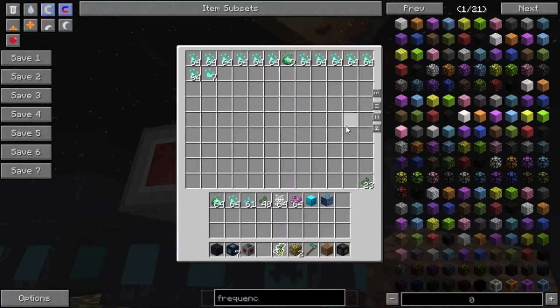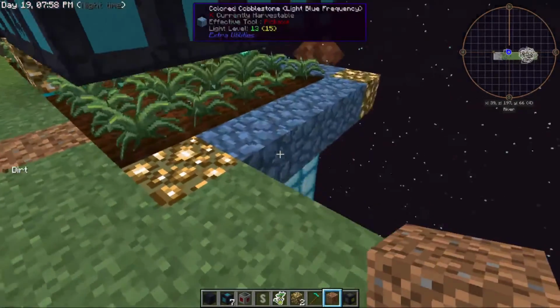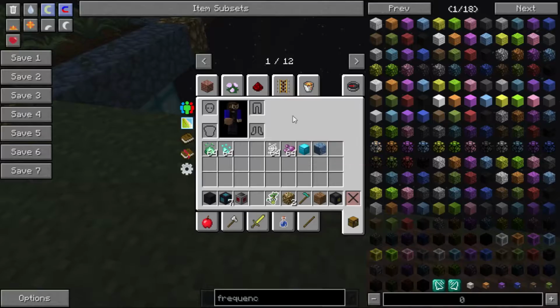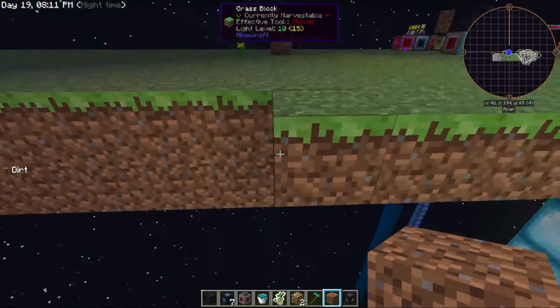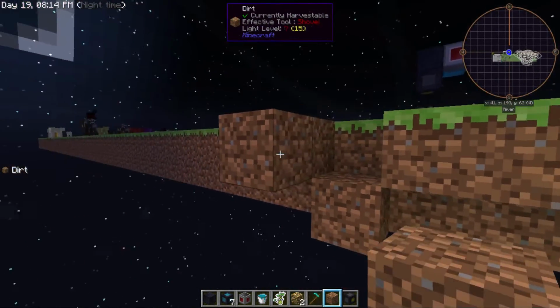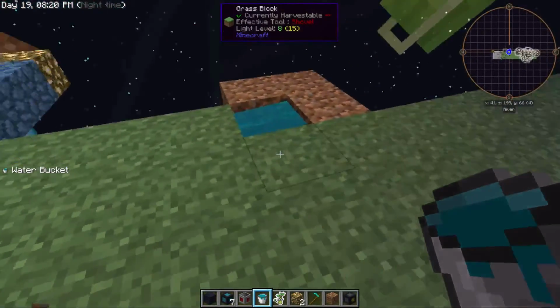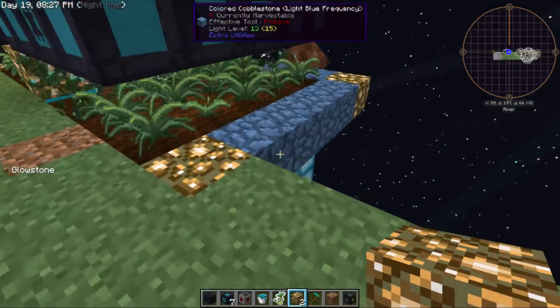So those are the two problems. And as I showed you, it's going to plant and plant and plant. If you added more crops over here and then added them to the... in fact, let's do that. 1, 2, 3, 4. Let's get a water bucket. So let's put water here. That's another 9x9 farm. Let's put the glowstone there. And